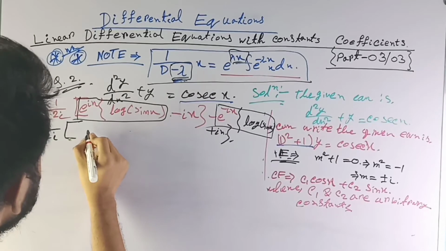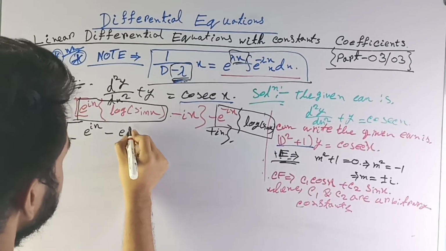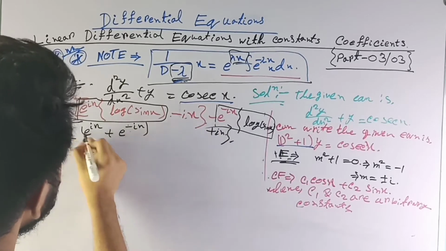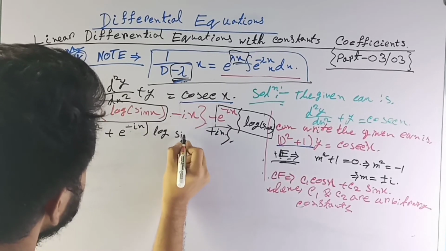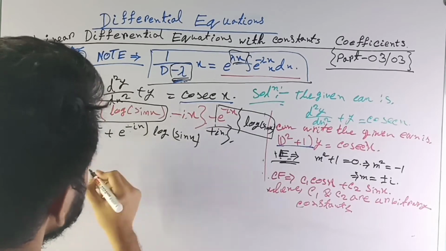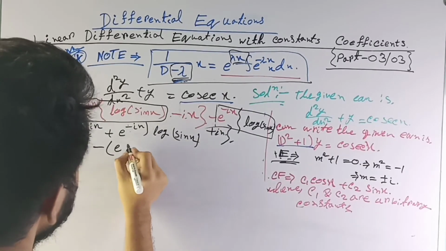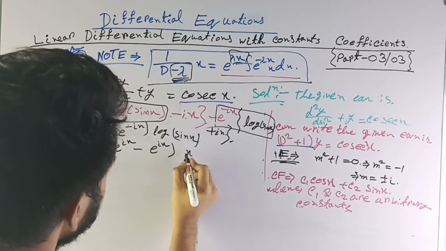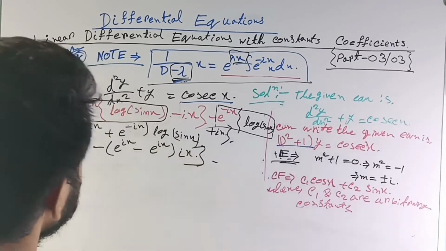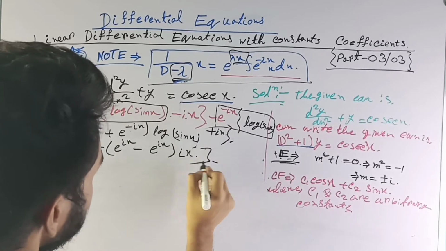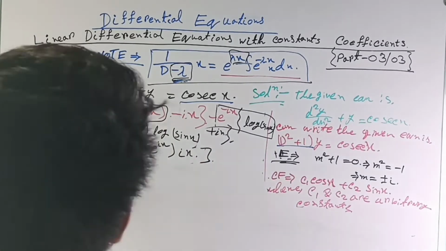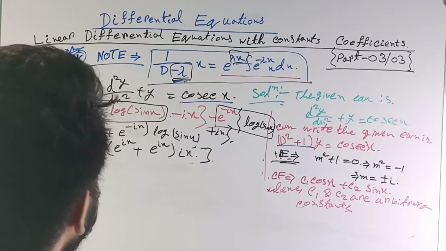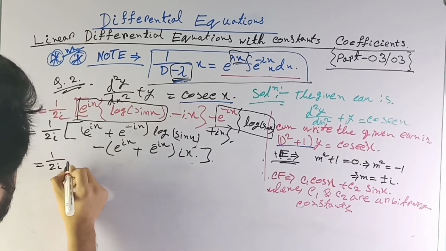Therefore we take the log sin x common, so therefore you can write here the minus and minus, therefore it's coming plus of log sin x, that's it. And now minus of e to the power ix, minus of e to the power ix, of ix, that's it. It's also a minus ix, okay. The second part is minus e to the power minus ix, sorry I made a mistake, and it becomes the plus as well, the minus and minus. I also write here the minus.